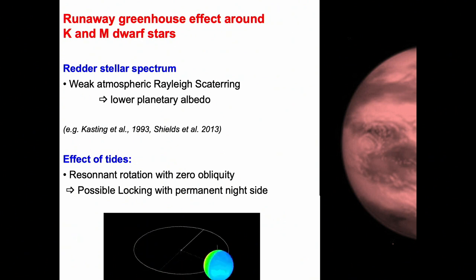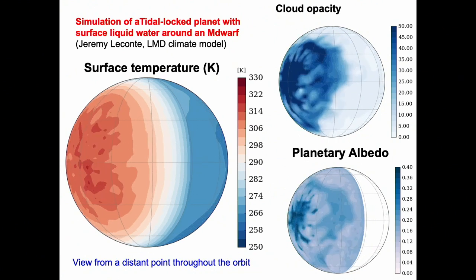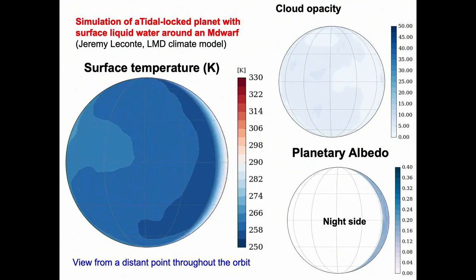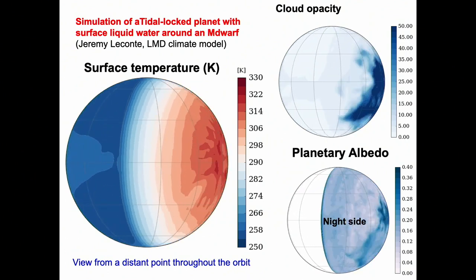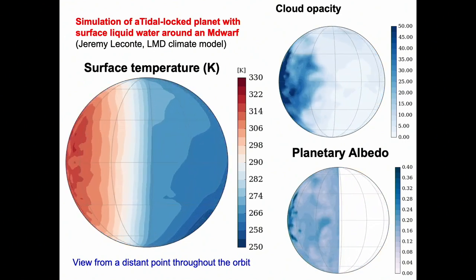What's interesting for this problem of the runaway greenhouse effect is that when you model the climate in such a case, when you are tidally locked with a permanent day side and permanent night side slowly rotating due to the tides, you find that you tend to have clouds forming only on the day side. You have a very high albedo on the day side because of all these clouds, whereas the night side remains cold. And if you do the math or you do the simulation, you find that this is very efficient to protect the planet from going into